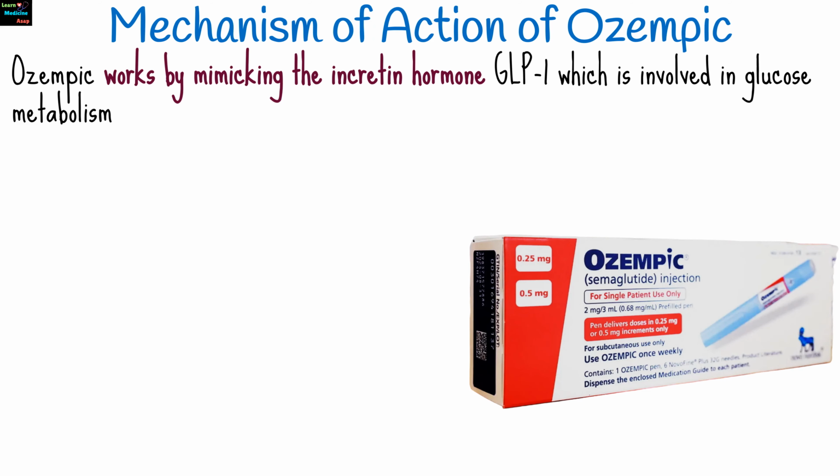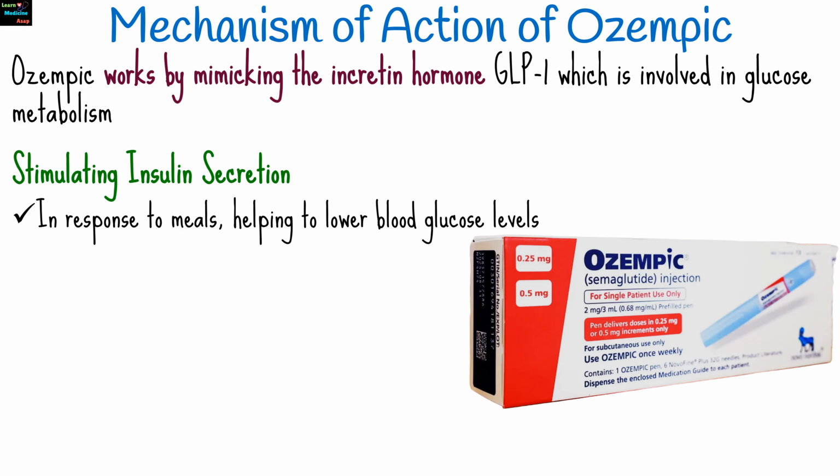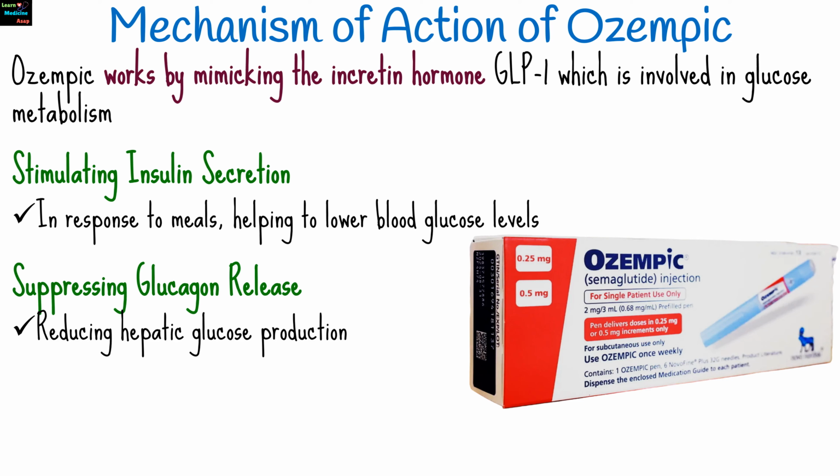Ozempic works by mimicking the incretin hormone GLP-1, which is involved in glucose metabolism. Its actions include stimulating insulin secretion in response to meals, helping to lower blood glucose levels, suppressing glucagon release that plays a role in reducing hepatic glucose production, slowing gastric emptying that increases satiety and reduces food intake, which contributes